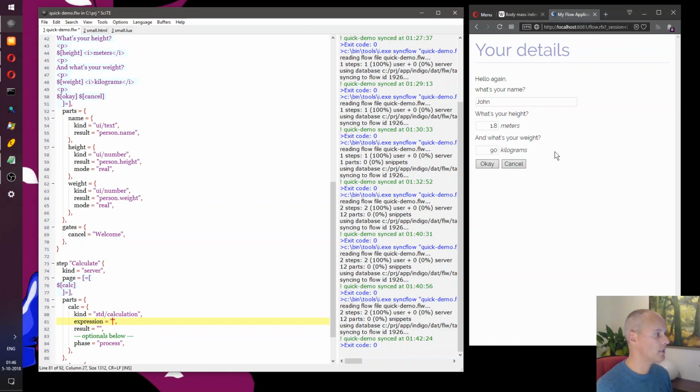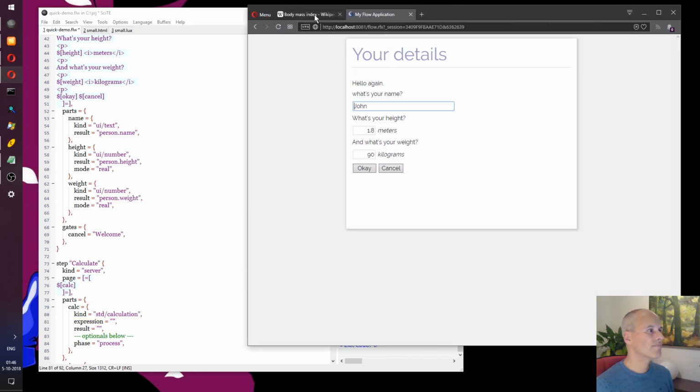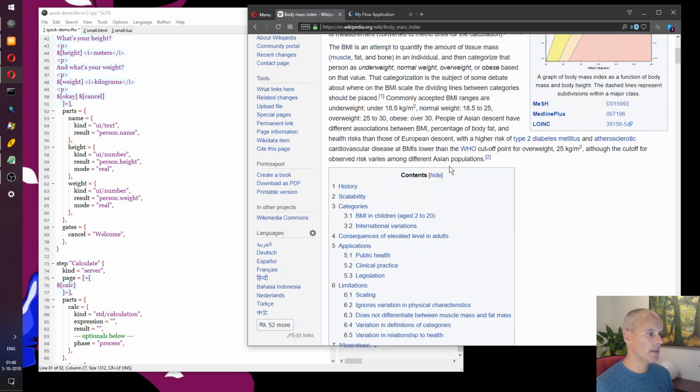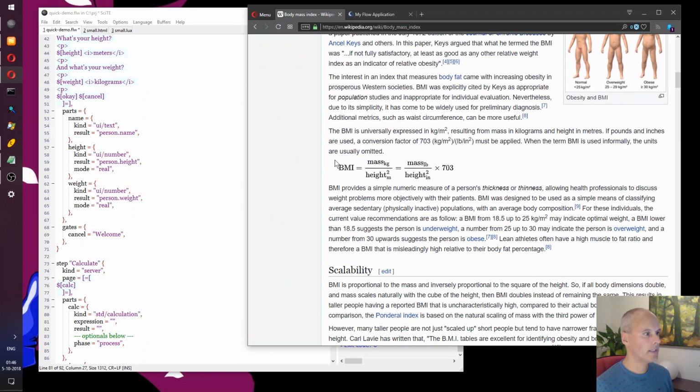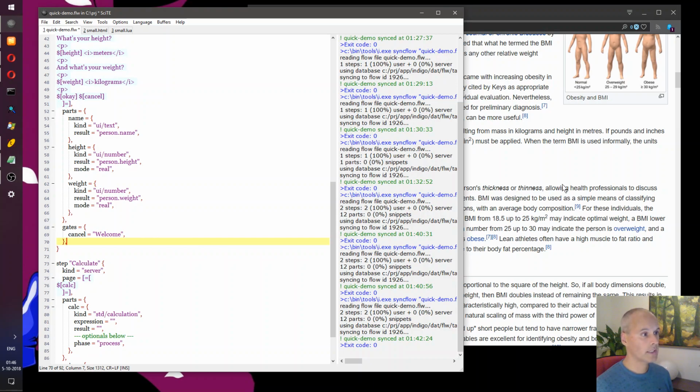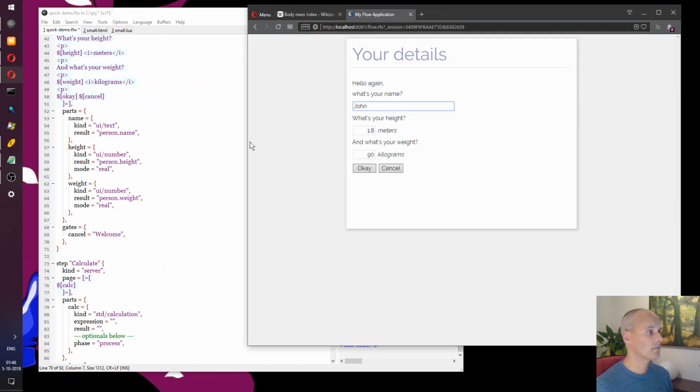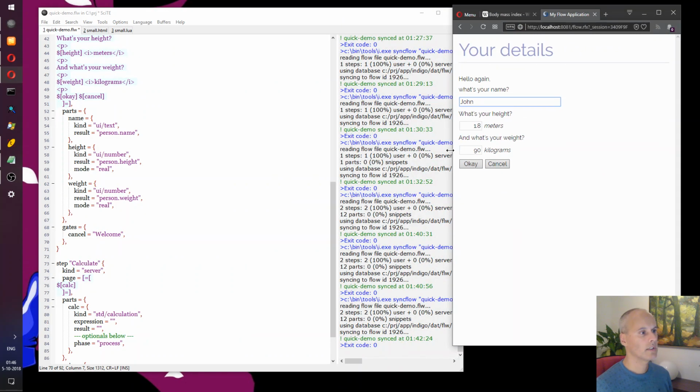So what's the expression? Well, here are the values that we collected, the locations of the values we collected. And if we move back to the Wikipedia page, here it says it's mass divided by height squared. So that's the calculation that we need to do.